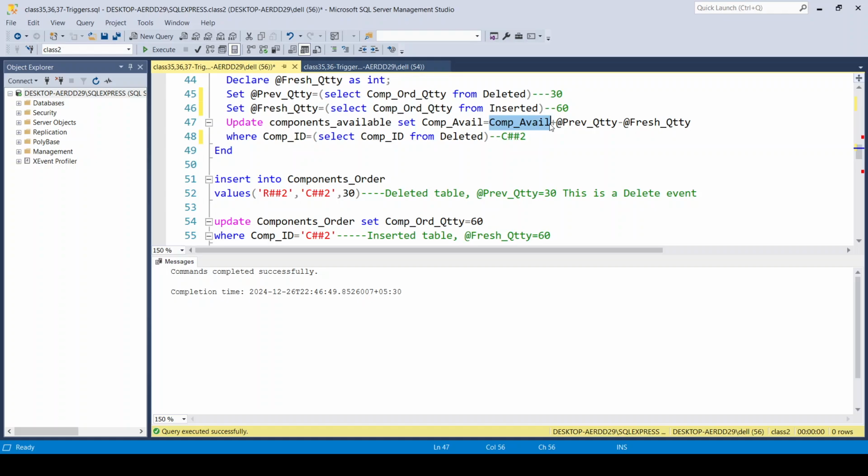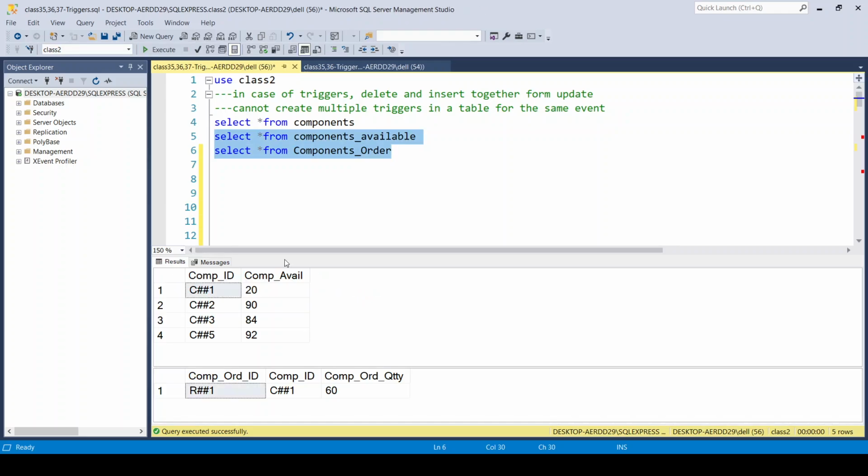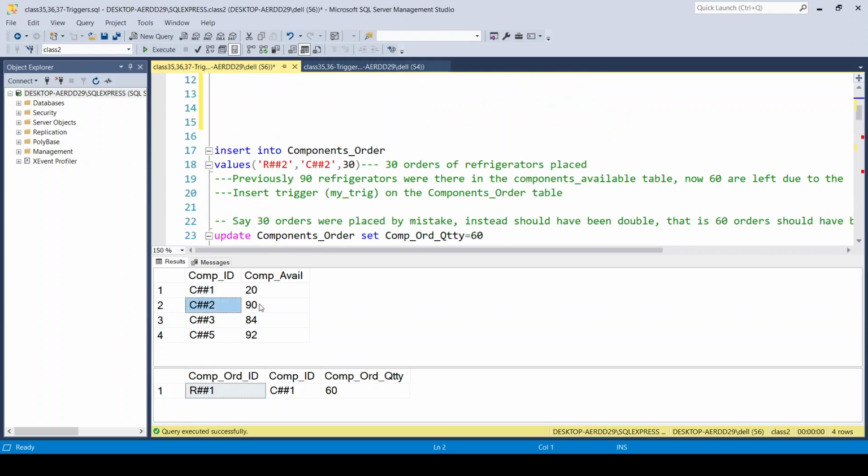This we have previously seen also, but here there is a certain twist. What is the twist? If we select the components_available table and execute, and components_order also select and execute, then you see for this C##2, how many were reflected? Refrigerator product. comp_avail means how many components are available. That means how many quantities of refrigerators are there in the stock. 90 refrigerators are available in the stock. Okay. Now,